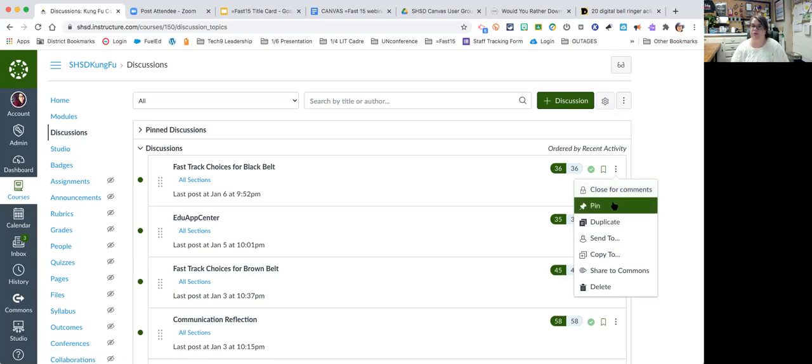You can pin it, which will automatically put it in the pinned discussion section at the top of the page. You can duplicate a discussion, which I love, this tool in Canvas. You set everything up once and you can duplicate and reuse settings over and over without having to go in